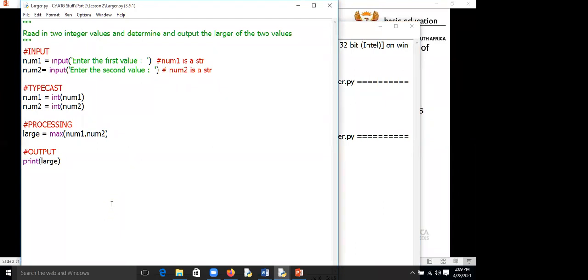So I want to go and put in a statement here. The larger value is, and if I run this now, am I going to get an error? Am I going to get an error? And yes, I am going to get an error, because